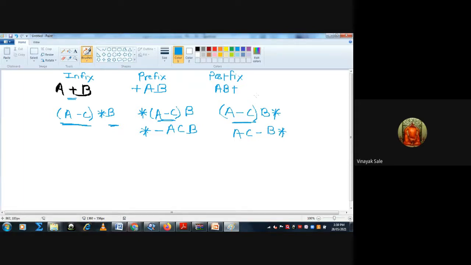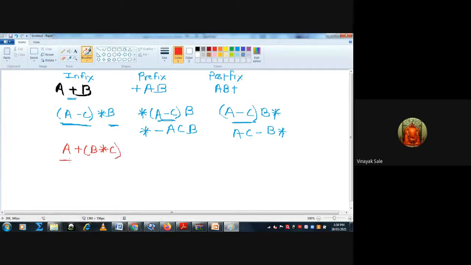Then we'll take a third example: a plus in bracket b into c.